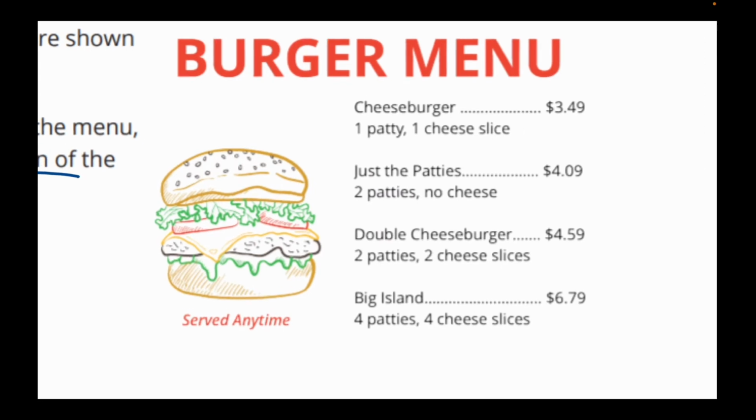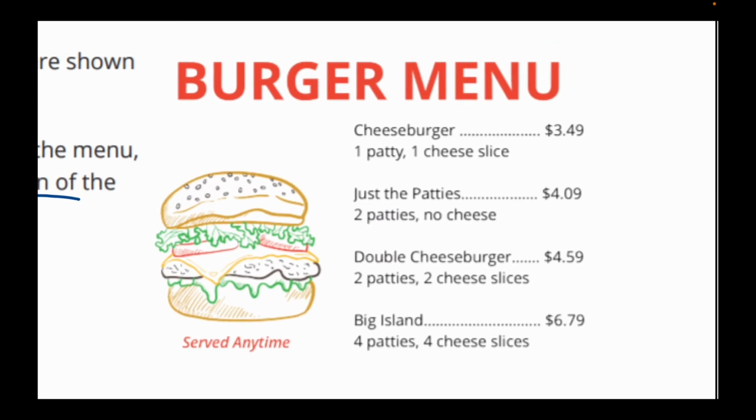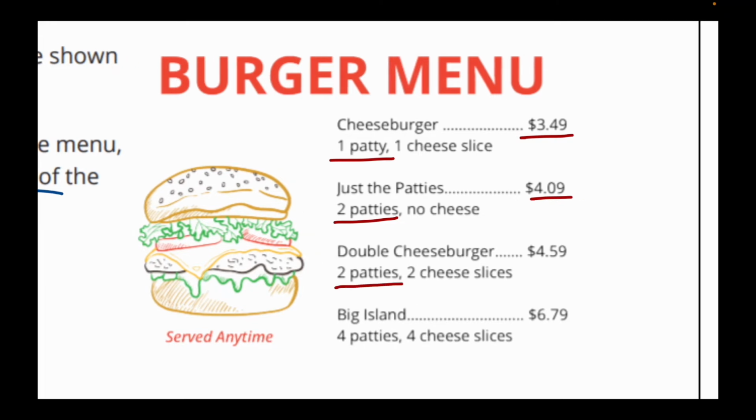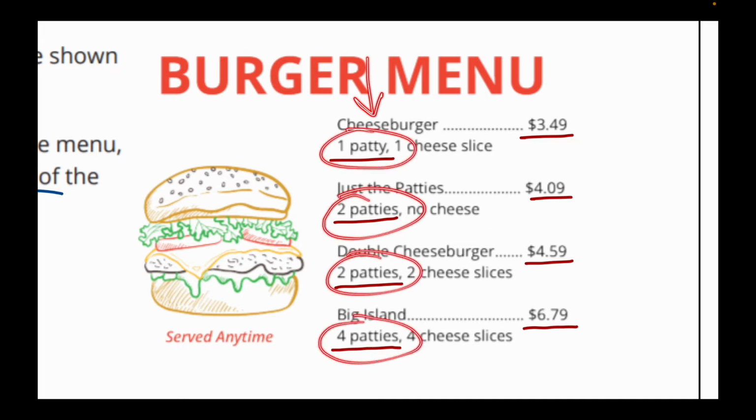So let's actually look over at our menu here. I have 1 patty, $3.49. 2 patties, $4.09. 2 patties, $4.59. And 4 patties, $6.79. Well, just looking at this information here on the left, 1 patty, 2 patties, 2 patties, and 4 patties,